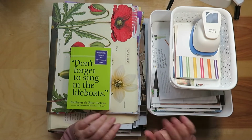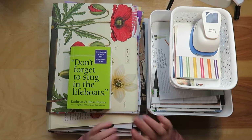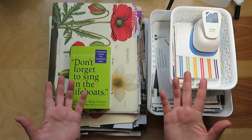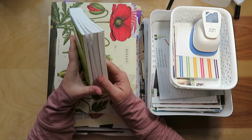I had a question about how I organize my images, and I guess I can call it organizing. I don't know. You let me know if you think this is organized. I don't think it's very organized, but I laid this here so I did not forget to give us a